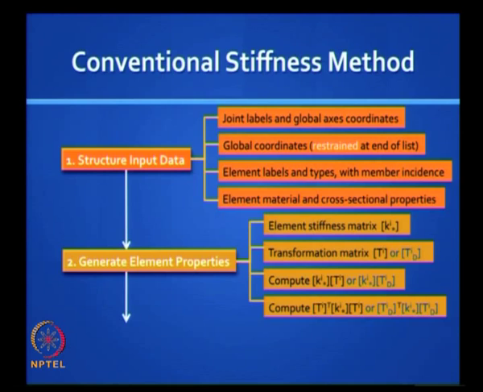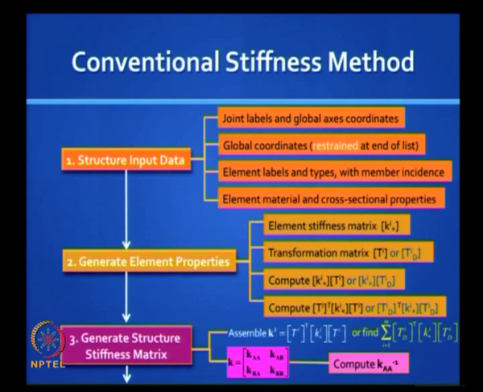Either you can do TI, software packages do only TI, but lesser humans will do TID because you are not comfortable putting those brackets and shoving them into box. So TD is a blind way, you are really covering all the global coordinates. So what if most of the elements of that TD matrix is 0? Okay, then you do the product, and so that you are able to generate the structure stiffness matrix, and there are two ways you can do it, and finally you find that it is KAA that you need to invert, because only that forms the matrix which will help you get the unknown dA.